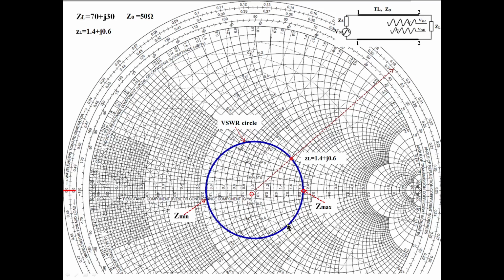Anywhere we may be, what we have to do is draw a line from the center to the wavelength scale and read the value there. Take the difference between that value and the wavelength scale value at the load point. That gives the distance from here to here. So we may stop anywhere and find the distance from there to here using the wavelength scale.